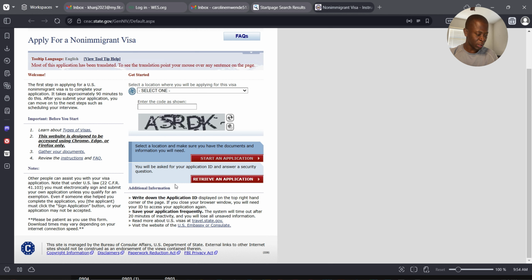Frequently asked questions. Okay, so try to read about it. Other people may assist you. Read a little bit, but there's one thing I said earlier. You need to write down the application ID and then save it frequently. Okay, and make sure that